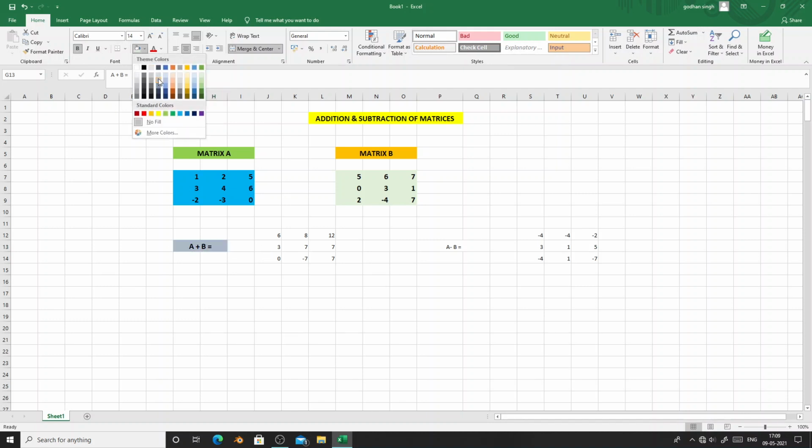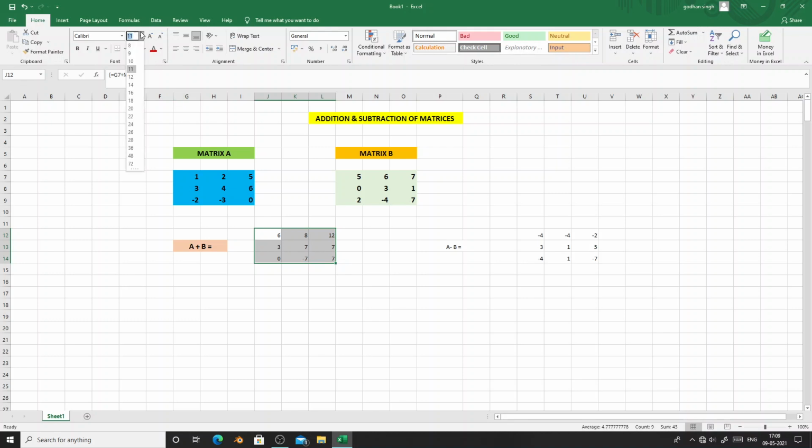Say, let me put this somewhat very light orange, and then I will select the whole matrix A plus B. In that also we will change the font size to 14 and make it bold, and what color we can give, any color. Suppose I give this light black.